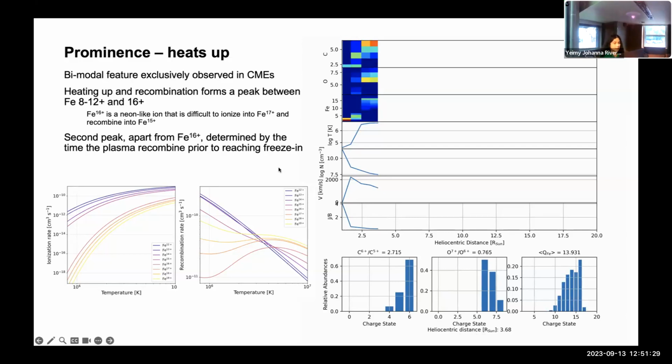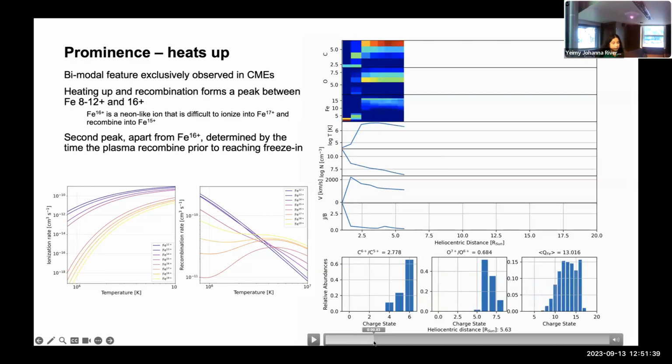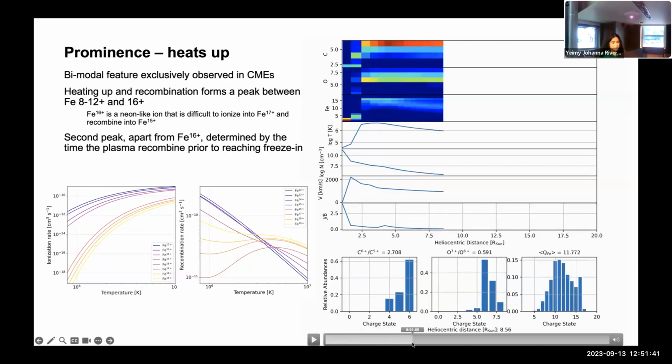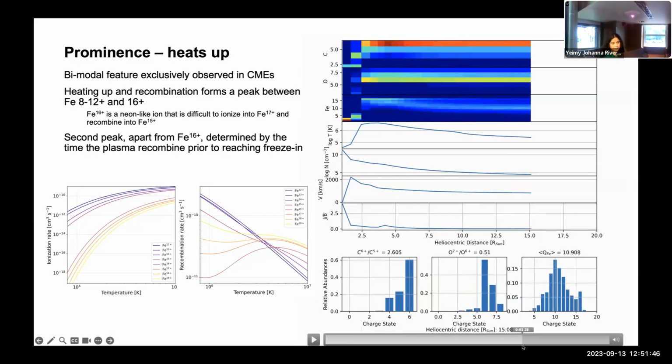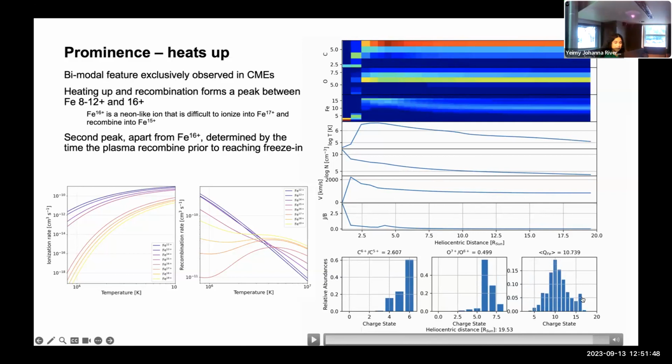Iron 16 has a very high ionization potential, very hard to ionize past that, the temperature is too low. Then we begin to see the plasma cooling and expanding, and we start to see this cascade of recombination in the iron. You can see it really well in the iron. And what we end up seeing is that you get this peak at iron 16, iron 16 also having a time scale that's a little bit longer to recombine than the neighboring ions. And so we get a peak at iron 16, we also get a peak at a lower ionized iron charge state.